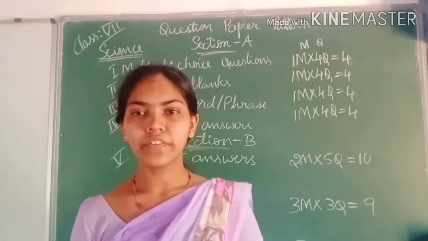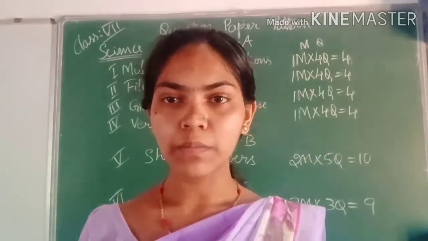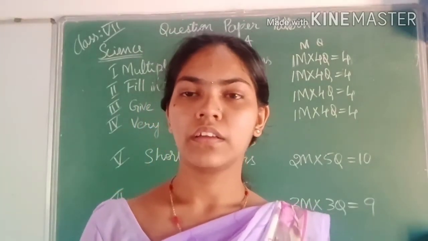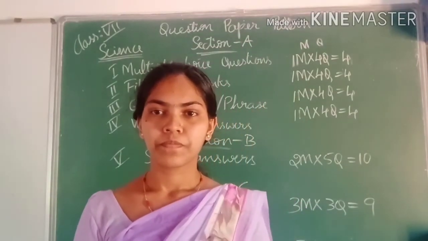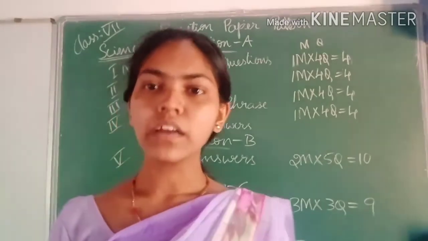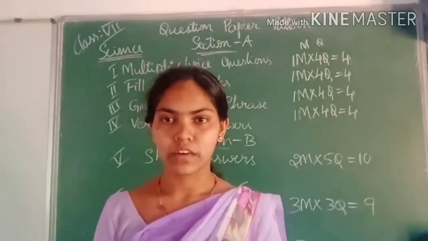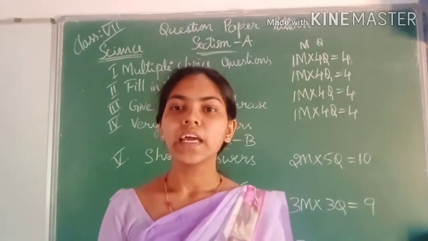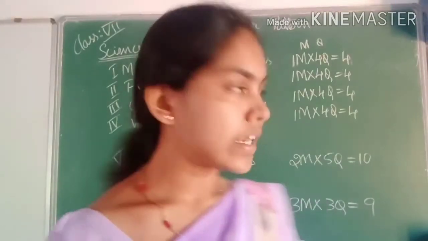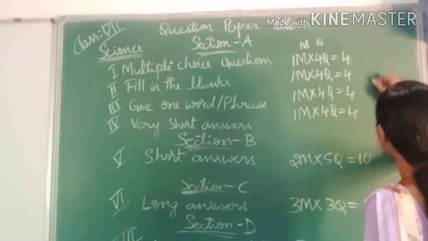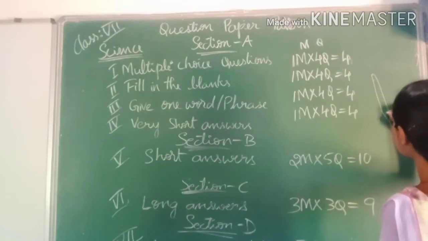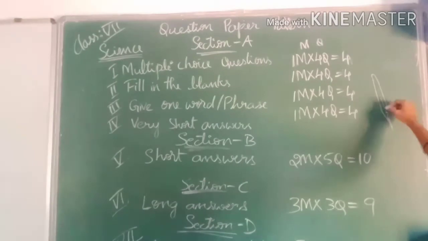Then three types of thermometer we can use. One is clinical thermometer, second one is laboratory thermometer, third one is digital thermometer. And what is the difference between clinical and laboratory thermometer? In clinical thermometer there is a kink. What do you mean by kink? If you consider a thermometer, there is a small bend, one small loop is there, so that is a kink.